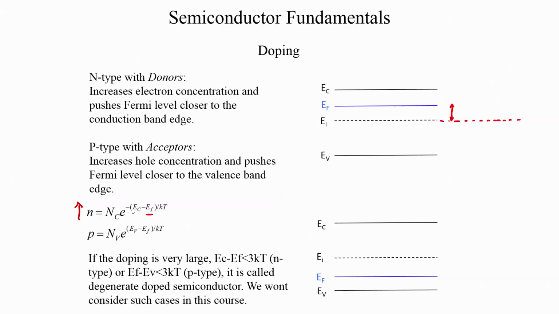which means the Fermi level has to pick a place where EC minus EF has to be smaller, because the electron concentration varies as e to the power minus this gap, that EC minus EF gap. So, the Fermi level will have to move closer to the conduction band edge. Similarly, for p type doping, we have increased the hole count, which means we need to reduce the gap between EV and EF, and therefore